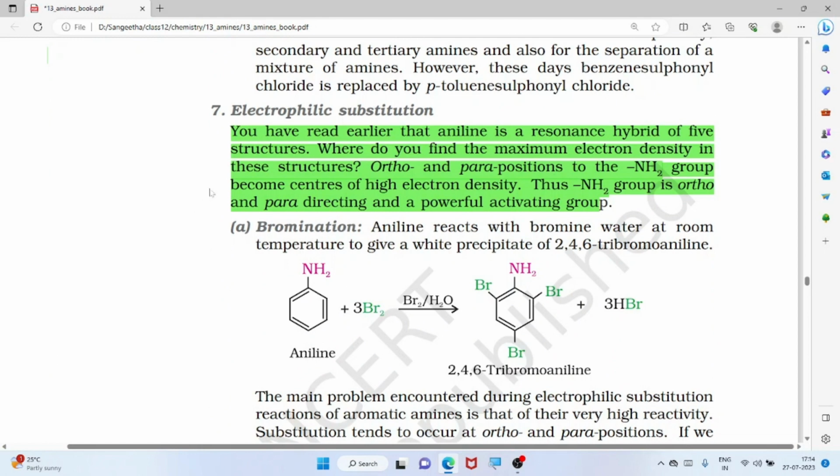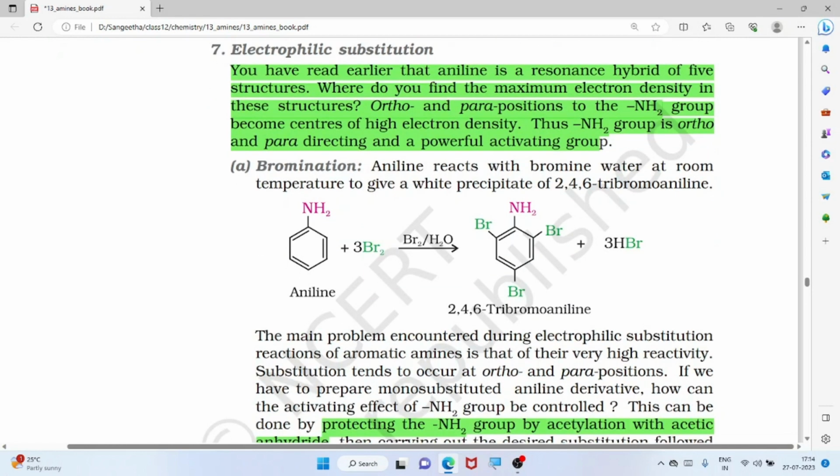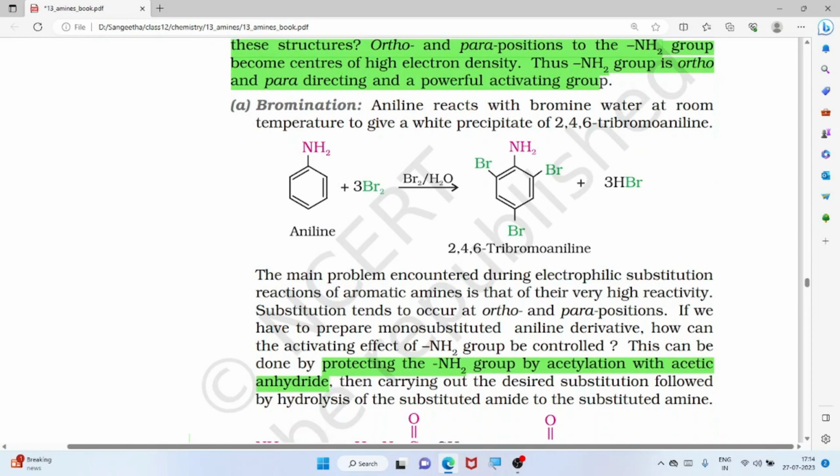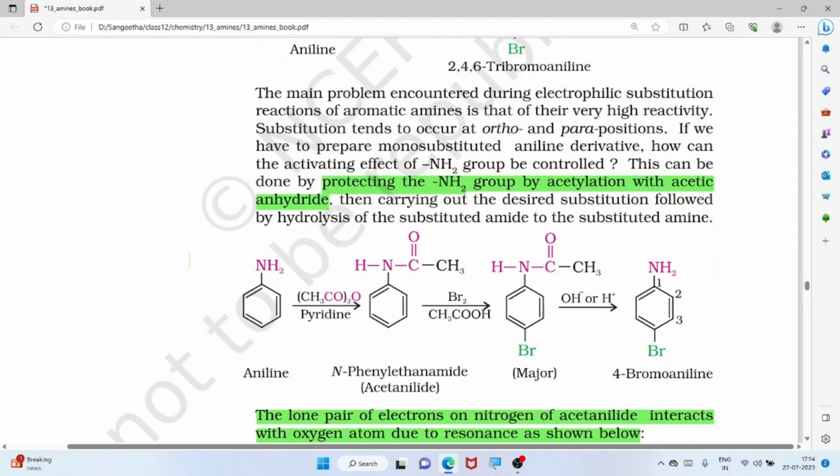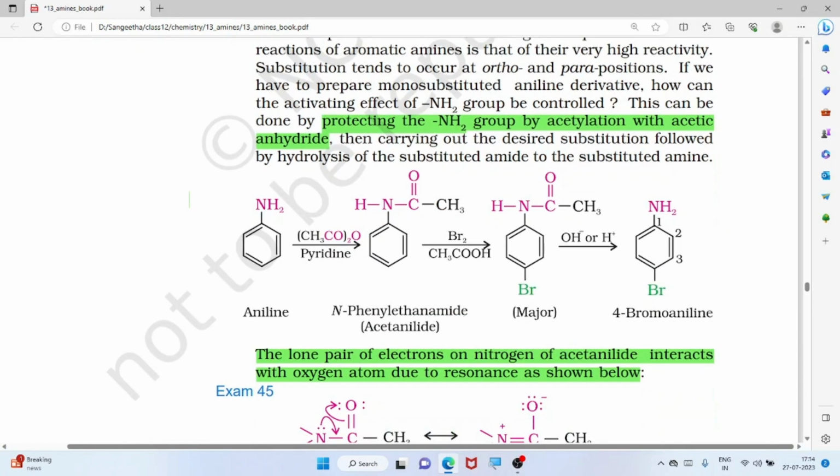Electrophilic substitution. You heard earlier that aniline is a resonance hybrid of these structures. Where do you find the maximum electron density in these structures? At the ortho and para positions, so the NH2 group becomes the center of the electron density. Thus, the NH2 group is an ortho para directing and powerful activating group. Reducing the activating effect of the NH2 group by acylation with acetic anhydride: